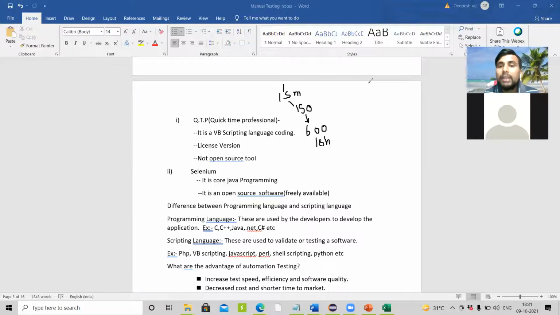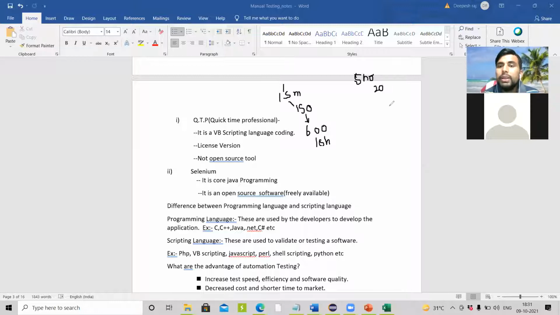In automation testing, let's take that they are taking around 5 hours to design the framework and a script. And for the 4 times, to execute that script, they are taking only 20 minutes.